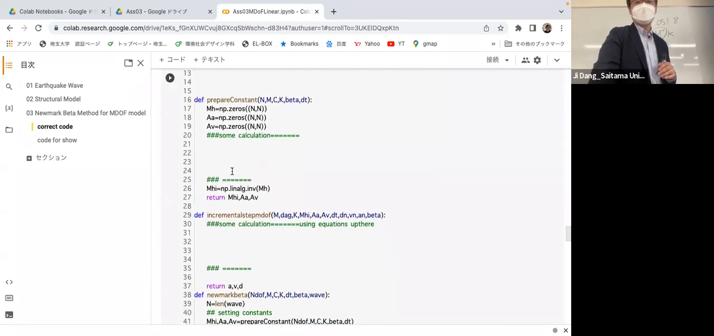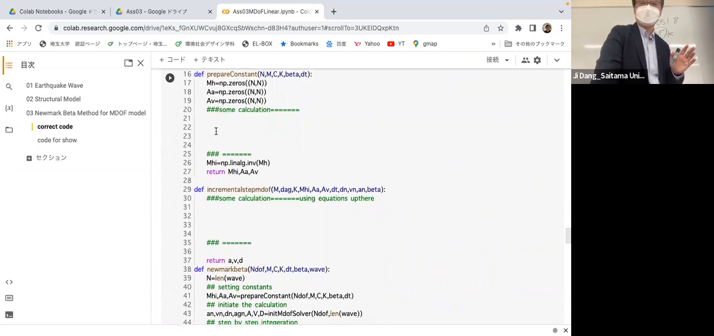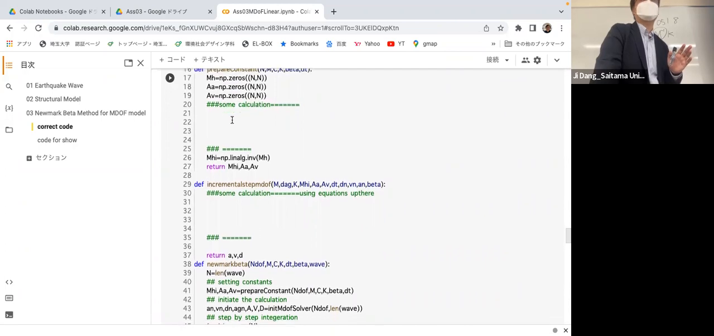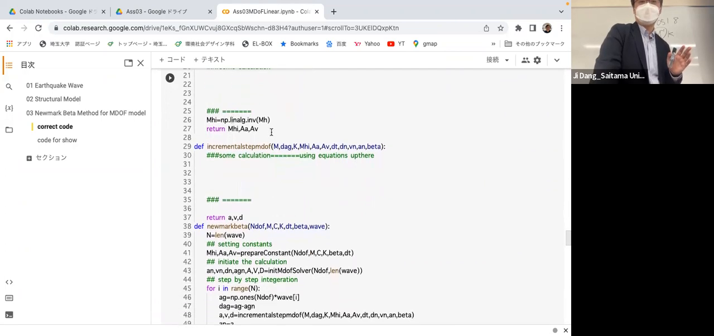Okay. So you need to do some calculation. You need to calculate M hat, AA, AV, or using the mathematical equations, you can have B, BV, BVD, BVA, or something. Okay. Remember, they are all matrices. You can sum them together directly. So you output the